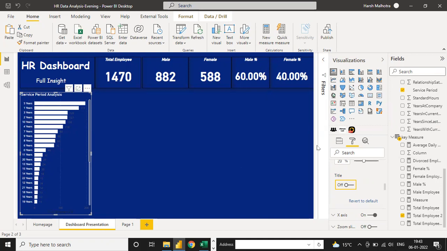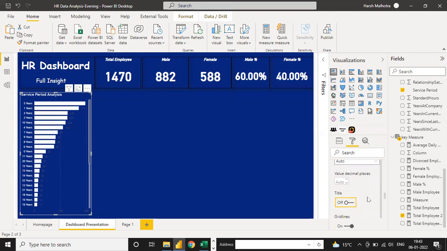So first you have to go to this x-axis also. Click on this x-axis. Switch off all the x-axis options like title. This is just a formatting tool you can use. X-axis switch off. I don't want any data on the x-axis right now. The last thing is the data label.